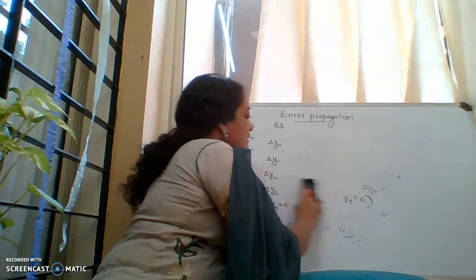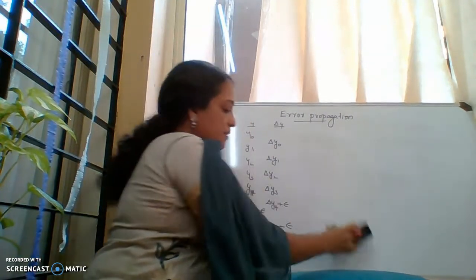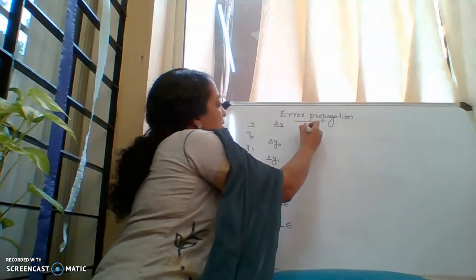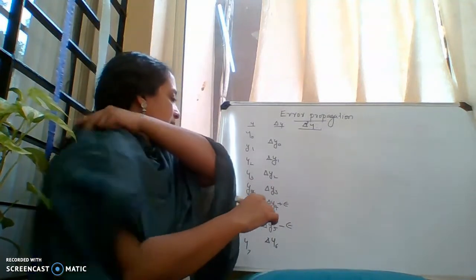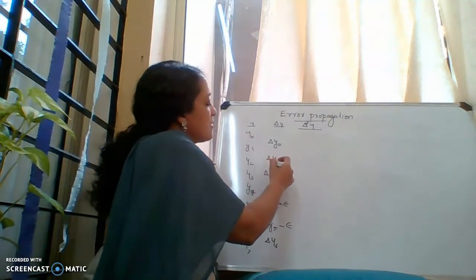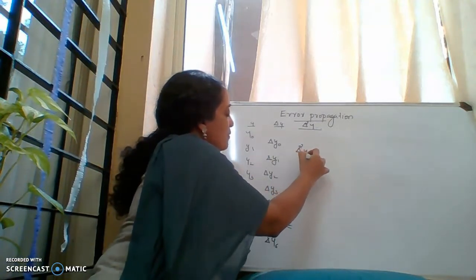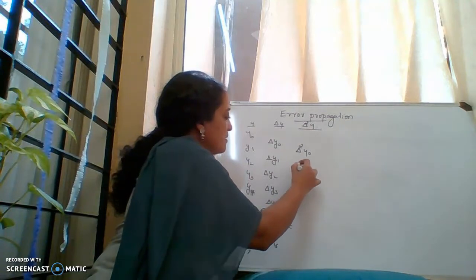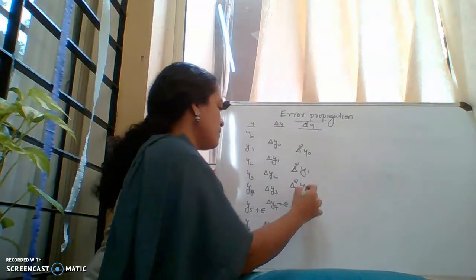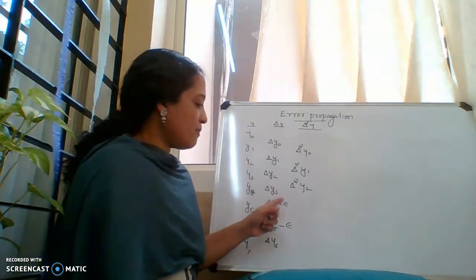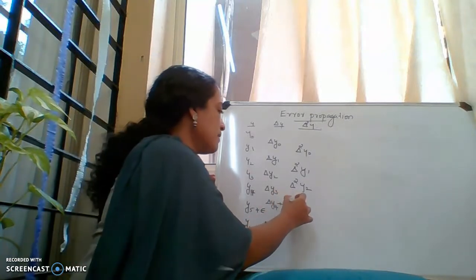Then we can write the second differences. Second difference is usually represented as del square y. So when we write the del square y values, we can see that the first one is del y1 minus del y0, that is del square y0. Then comes del square y1, then del square y2, and then comes del y4 plus epsilon minus del y3, that is equal to actually del square